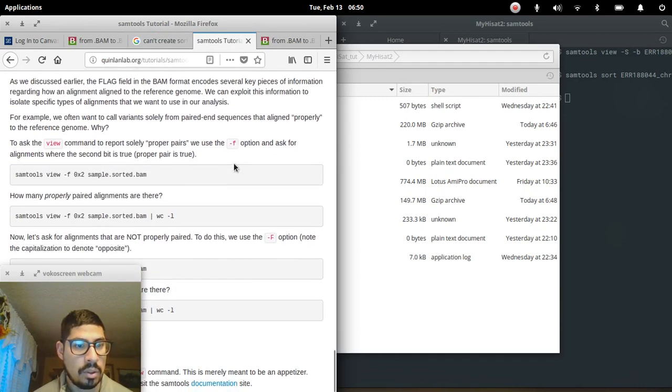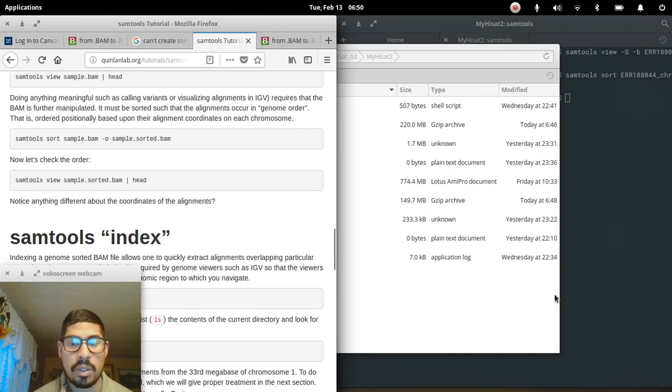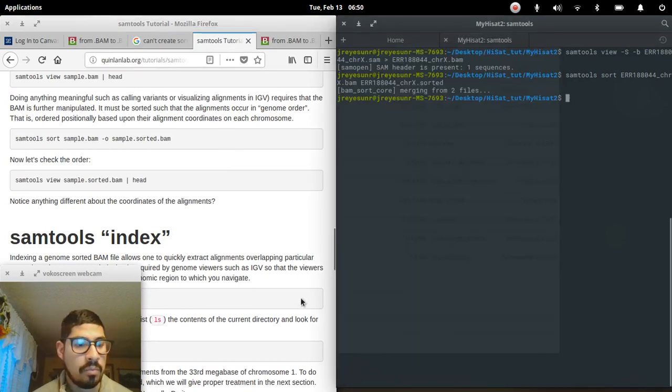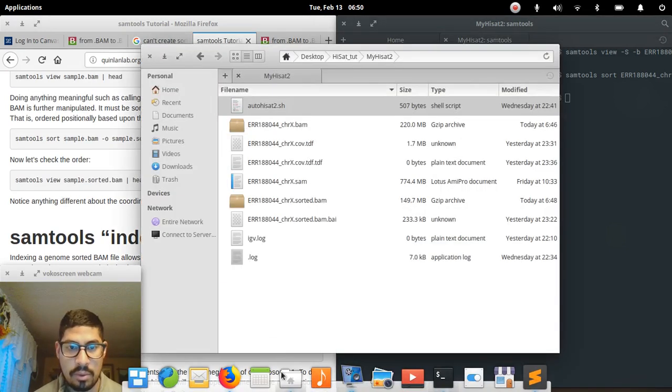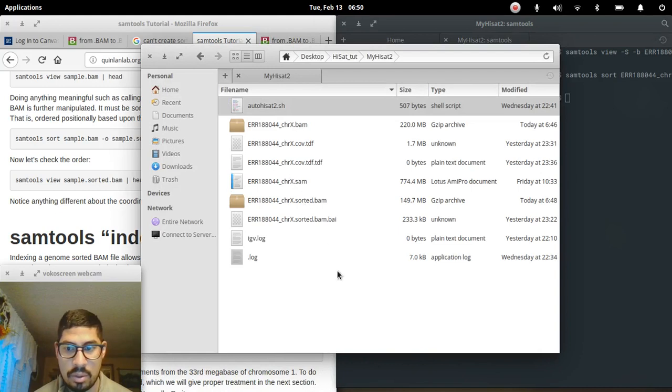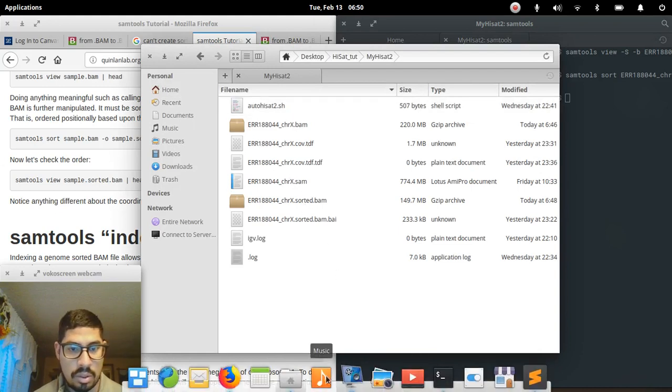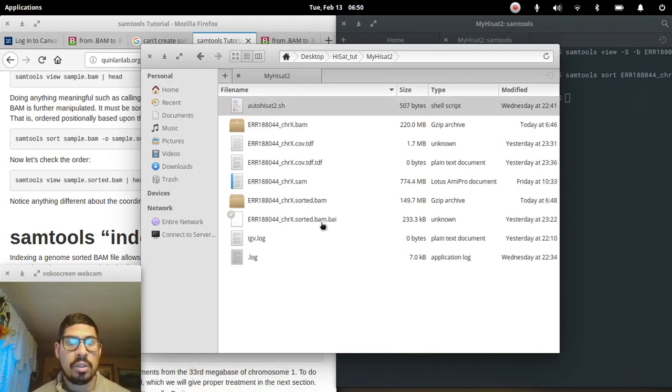Doesn't look like it says it, but the BAI file, let's see. These two have to get inputted together in order to make our TDF file, and not only that, but